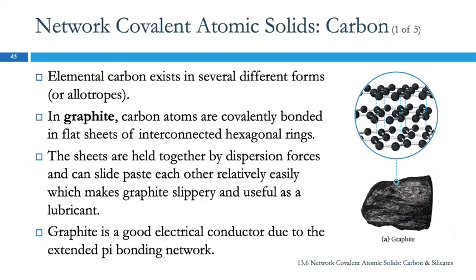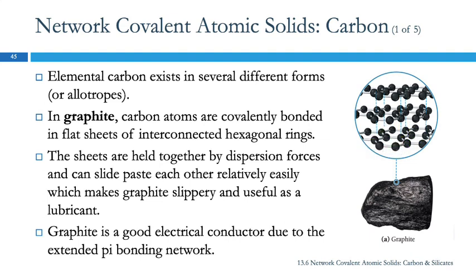Network covalent atomic solids. So carbon makes several different types of network covalent solids. There's several different forms. These are called allotropes, different forms of the same element. One example is graphite. So in graphite, the carbon atoms are covalently bonded to each other in these six-membered rings,